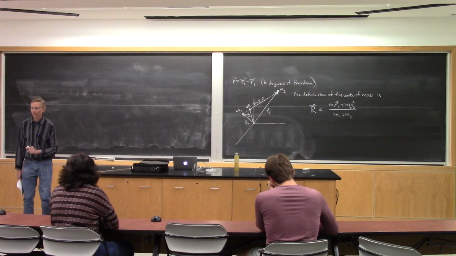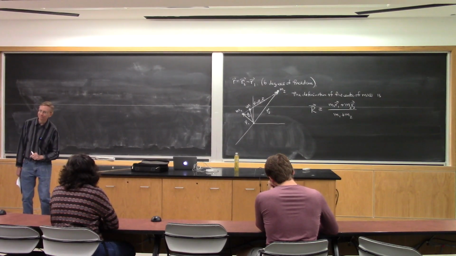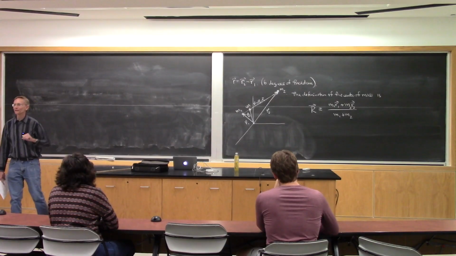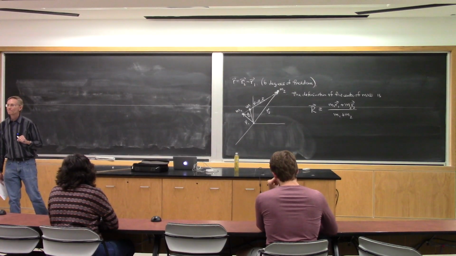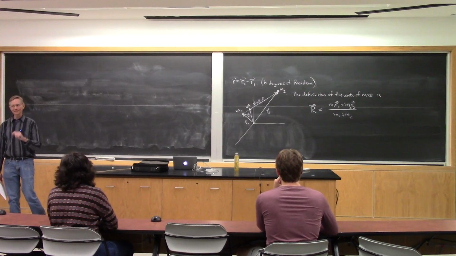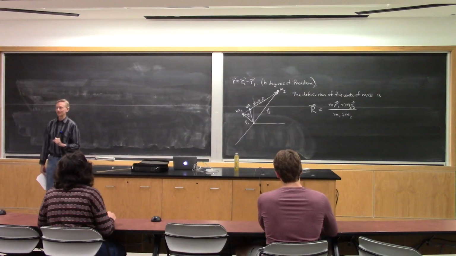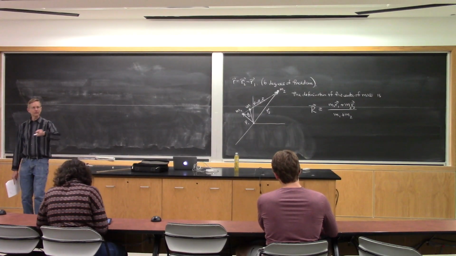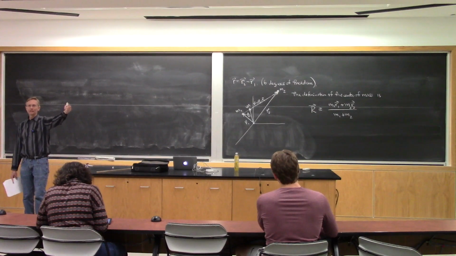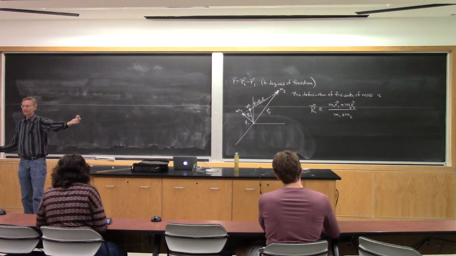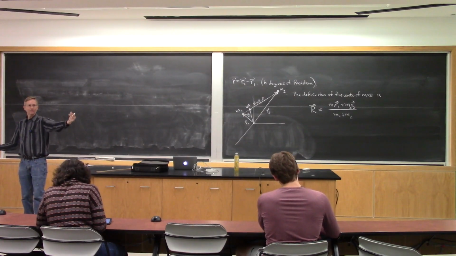At constant speed, but also in what direction? Yeah, in a straight line at constant speed, right? If there's no force on something, it moves in a straight line at constant speed. I was going to say it doesn't move, but that's the special case of zero speed. But in general, it moves in a straight line at constant speed, because if there's no net force, there's no acceleration of the center of mass.